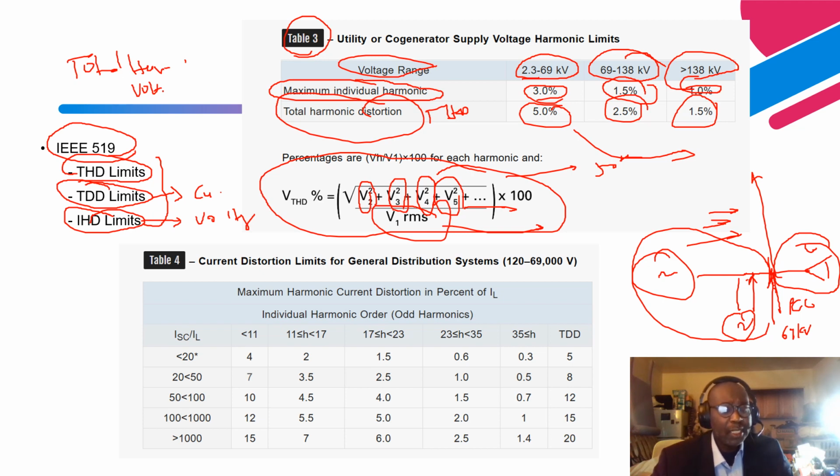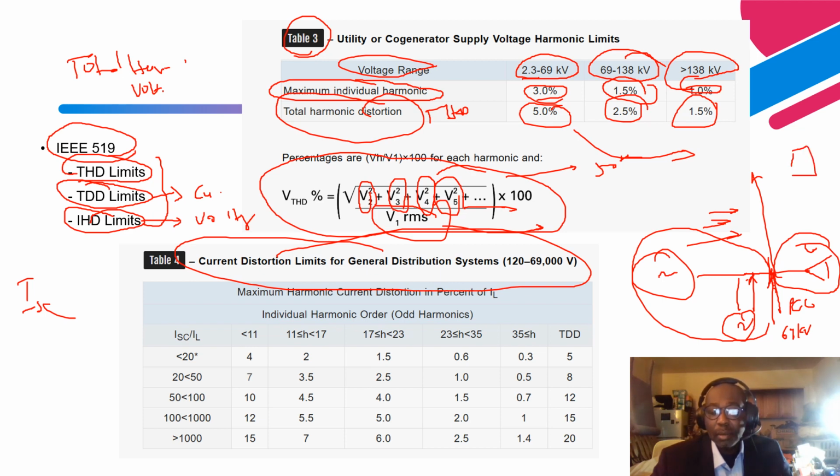Next is the current distortion limits, up to 69 kV. That one is based on the short circuit current and your load current. So if you have a connected load over here, based on the short circuit current and your load current, if you have a feeder here, as you can see over here,